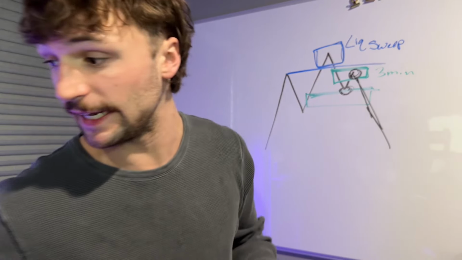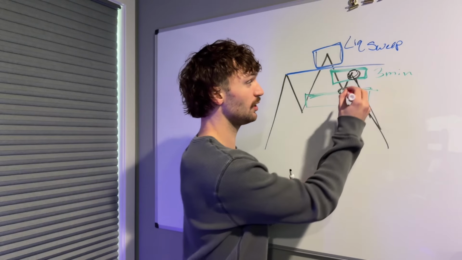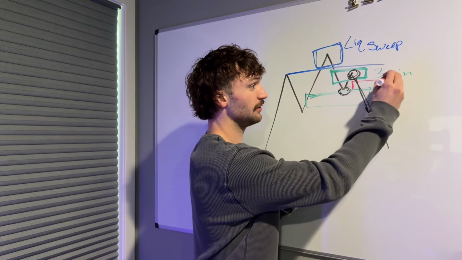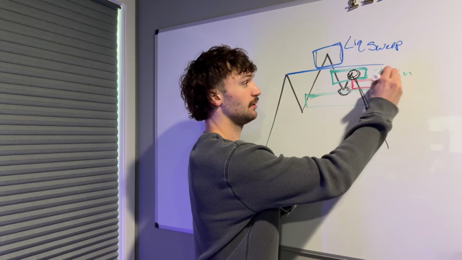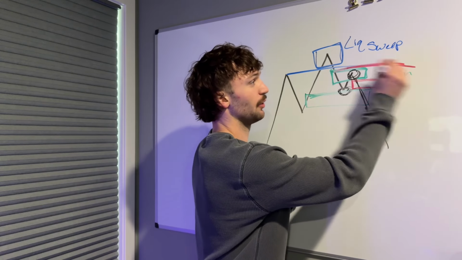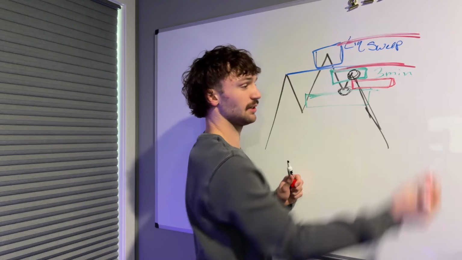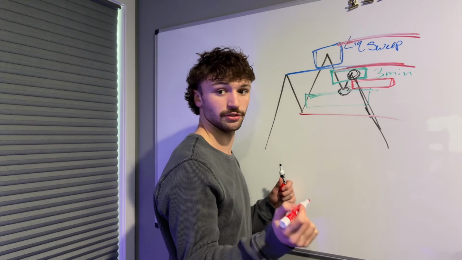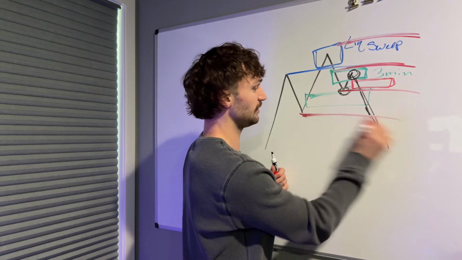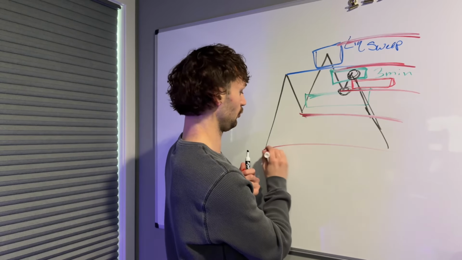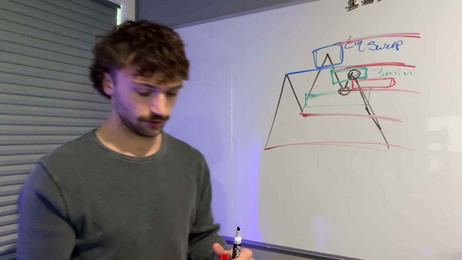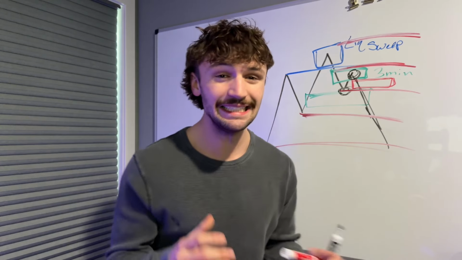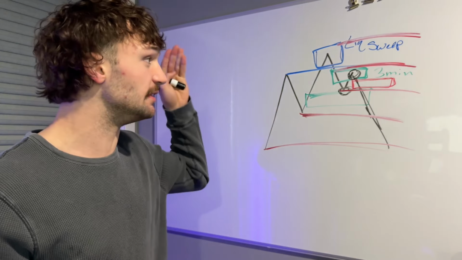And by the way, you're getting your entry once you close that candle outside of the fair value gap. So you're looking for this entry right here. Okay, your stop loss is going right here or right here, depending on your risk. And your take profit is going at sell side liquidity, which is when you are going to break even. Whether that is here, here, or here for you, you are taking profits at these three levels. That is the easiest way to explain this model, and that should be dead simple.